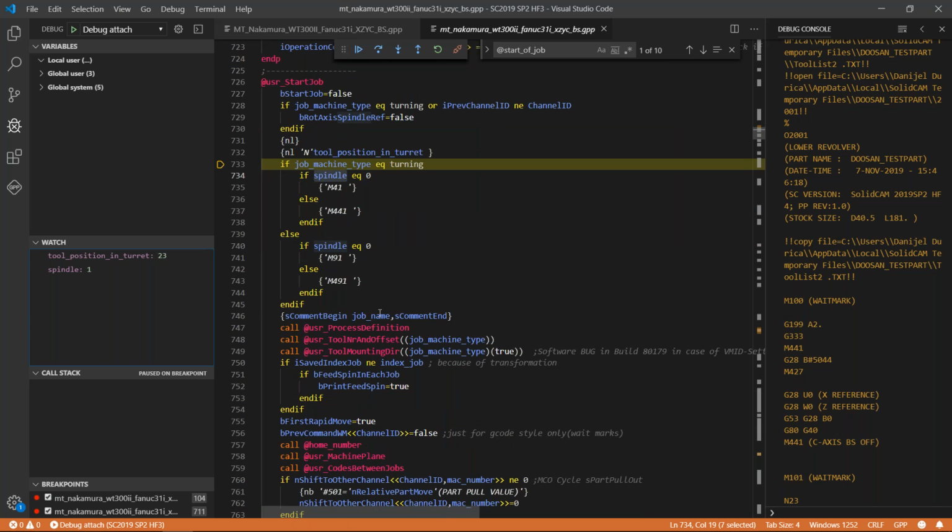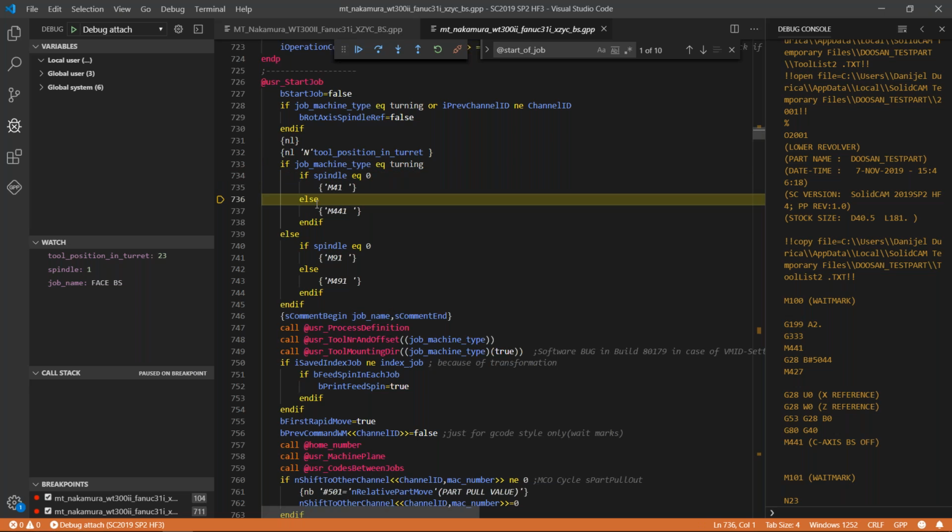I can also put anything that I want. I can put the job name in at any time, and I can see what it is even before it is printed. So let's move on. The spindle 1 is active, which means this is a turning operation. I hope this is a turning face back spindle. So the spindle is 1, and it will jump to 441 basically over here, right? So let's see. Else